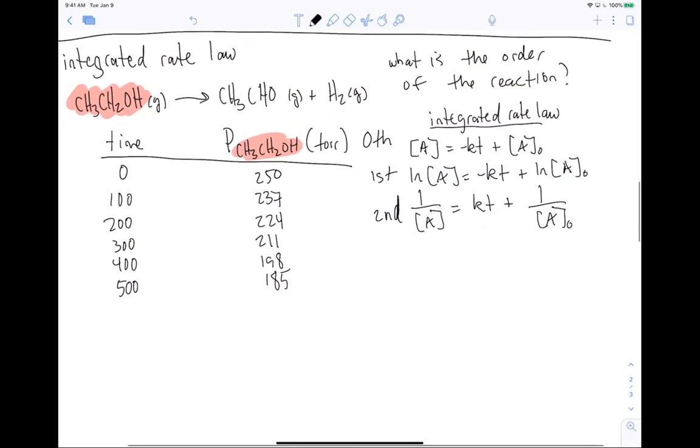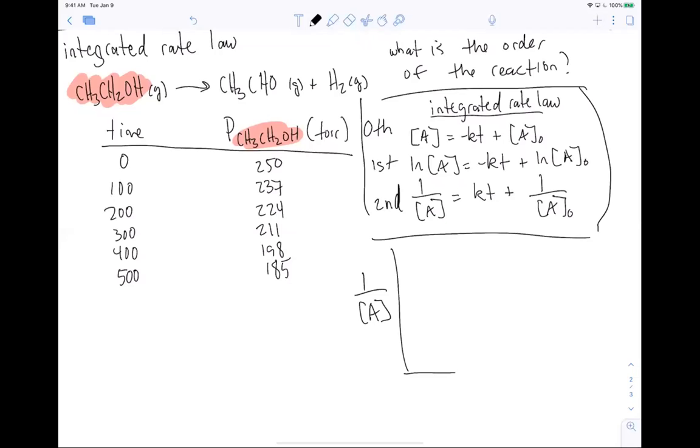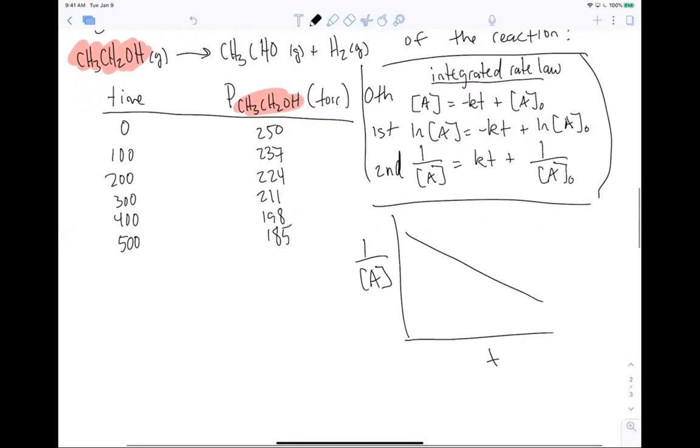Let's just say we go through and we do the plots. And let's say that we find that the plot of 1 over A versus t gives us a line. And so we know it's second order. So this tells us